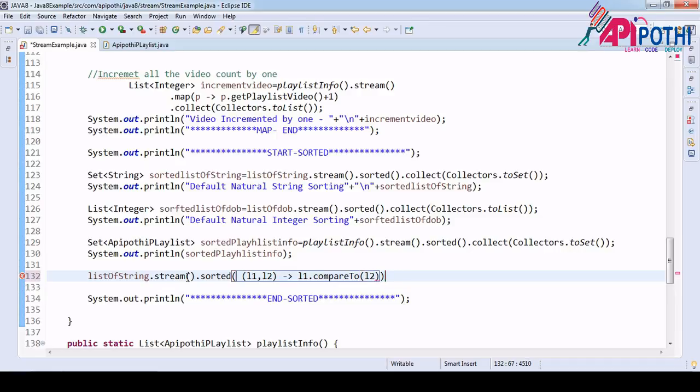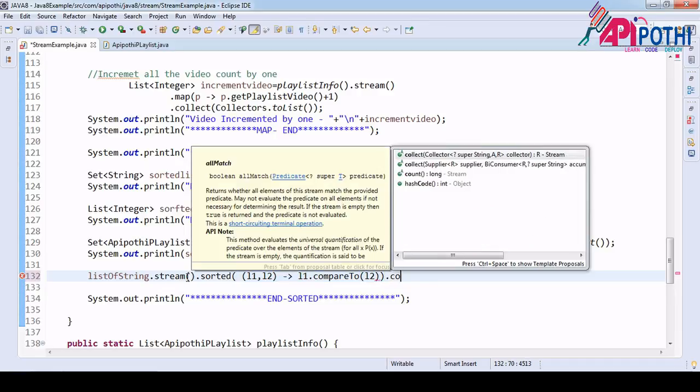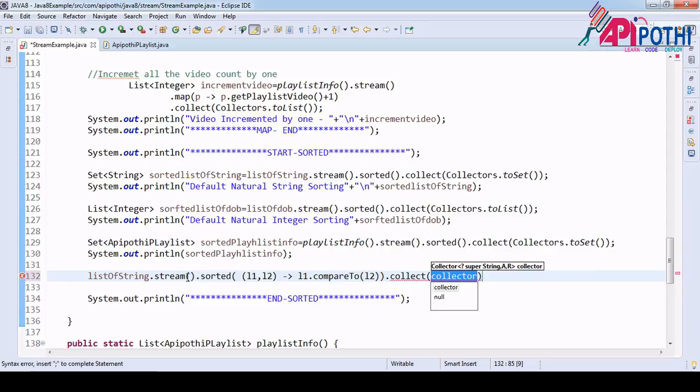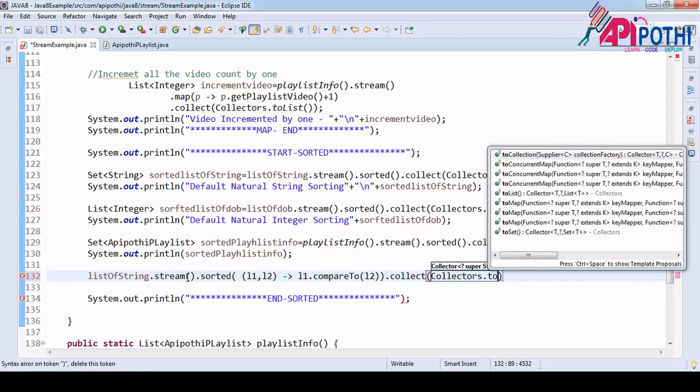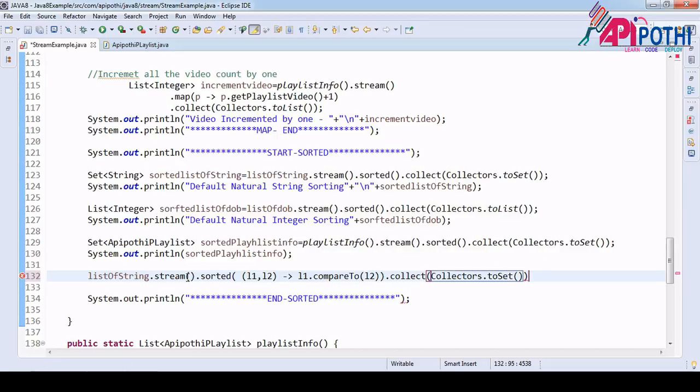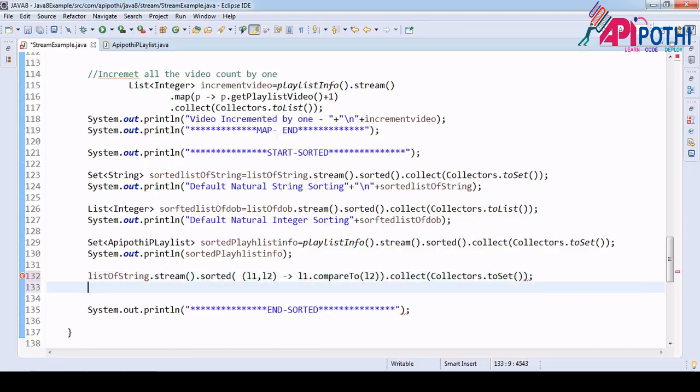After sorting, you just collect into the Collectors dot toSet. That's all. This is the custom sorting, no error. So again,